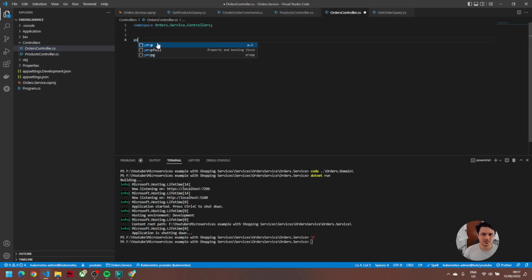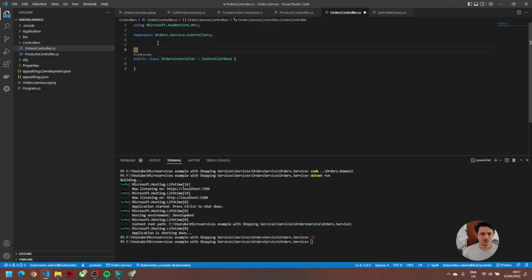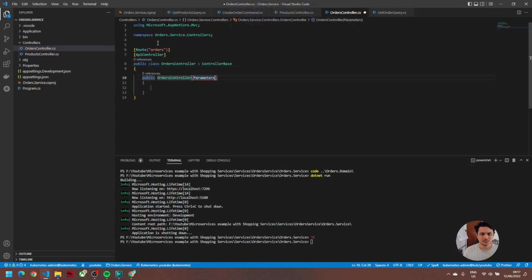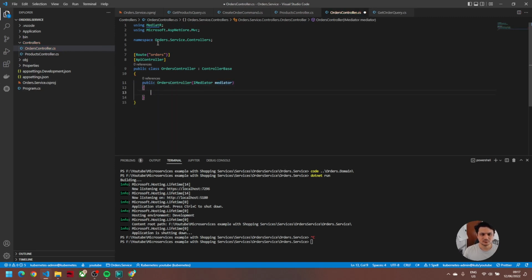So the namespace is the same, and public class OrdersController, and it is a ControllerBase, and Route, and here is ApiController, public sidecar, mediator, and